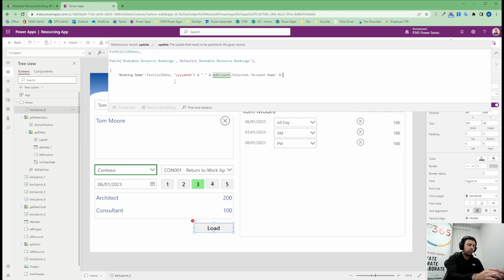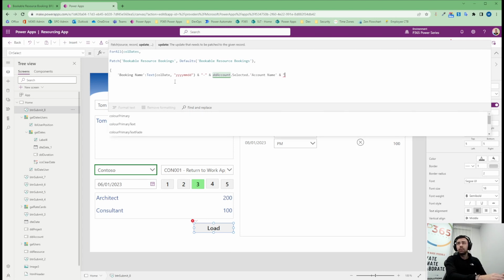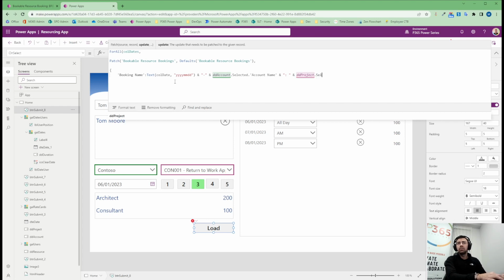And then what am I looking for? Speech marks, and we'll put a semicolon perhaps, and dd project dot selected dot name, and let's do speech marks, open it into a bracket, speech marks, and then we'll do call,